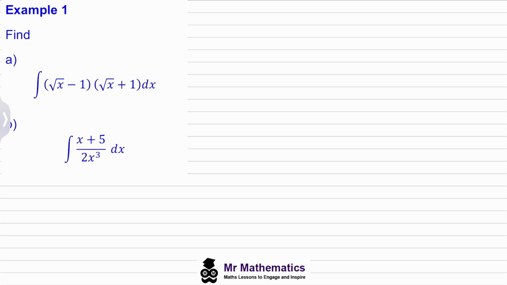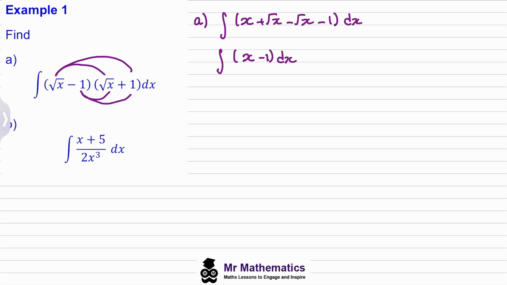So we've been asked to integrate the root of x minus 1 multiplied by the root of x plus 1 with respect to x. So the first thing we're going to do is expand out these brackets, so we're left with an expression involving powers. So for question A, we'll have the integral of root x multiplied by itself, which is just x, root x times 1, negative 1 times root x, and negative 1 times positive 1, which is negative 1, all integrated with respect to x. And then we can see that this positive root x and negative root x will cancel,